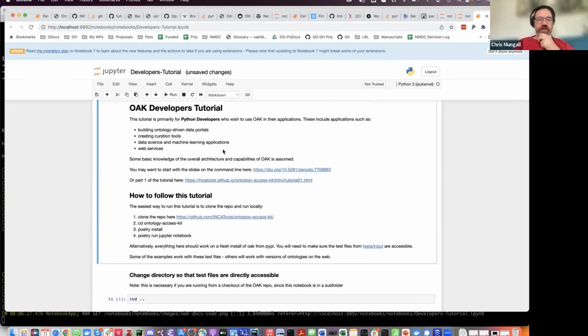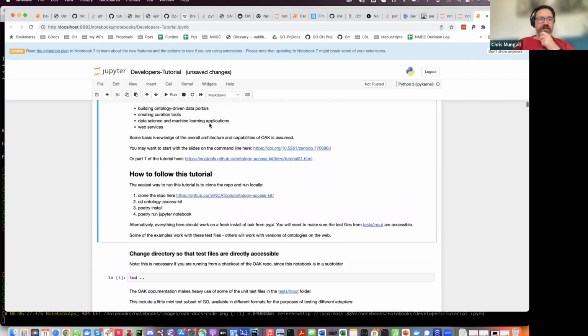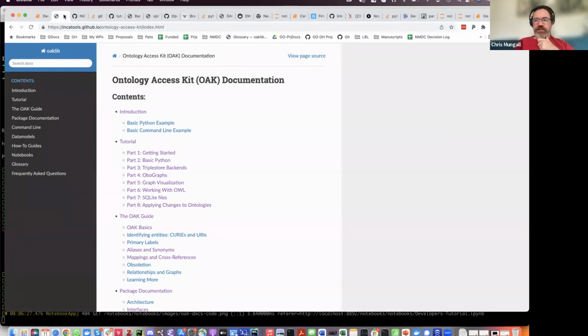Now, before diving into the tutorial, I'm going to give you a quick tour of the documentation. The goal here is not to actually read the documentation together, but to teach you how to read the documentation, and also to get feedback from you on how we can best improve this documentation. Because